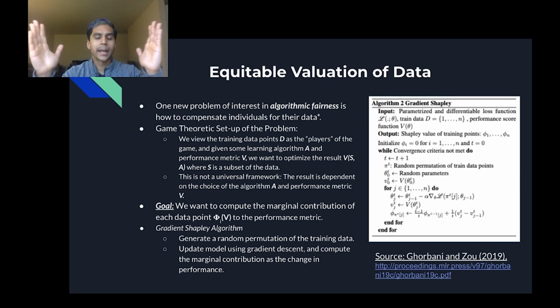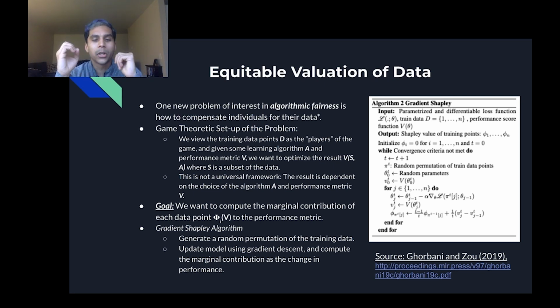You start with some random permutation of the training data. You update the model's parameters using stochastic gradient descent, so you optimize the model's parameters by reading one data point at a time. Then you evaluate the model at that stage on the holdout test data set, see how the performance changed, and attribute that to the data point.